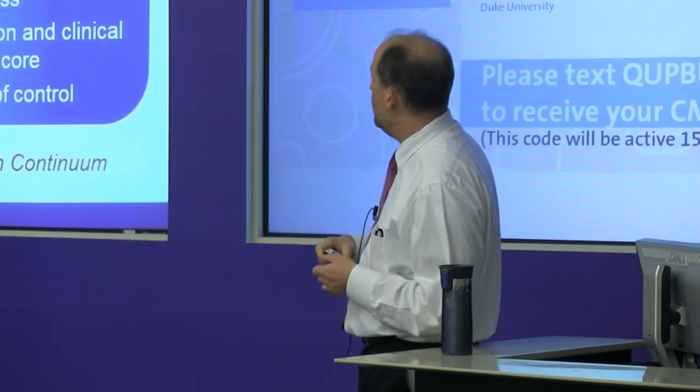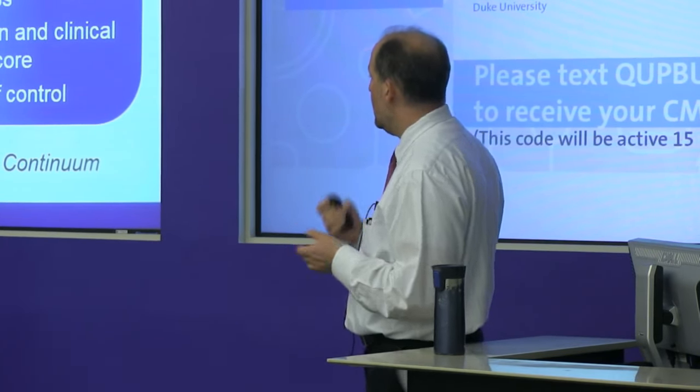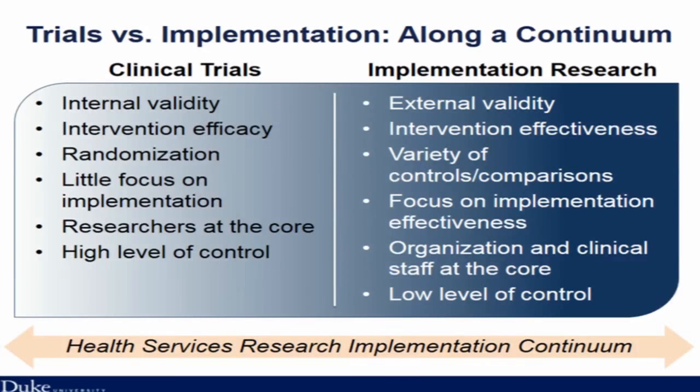So implementation research focuses more on external validity, effectiveness. There are oftentimes a variety of comparisons. It's not typically one, it may be 2 or 3. So it could be pre-post, it could be a comparison group, and we're often looking at multiple aspects there. One other key component I think that differentiates what we think about implementation research from typical effectiveness is that ideally